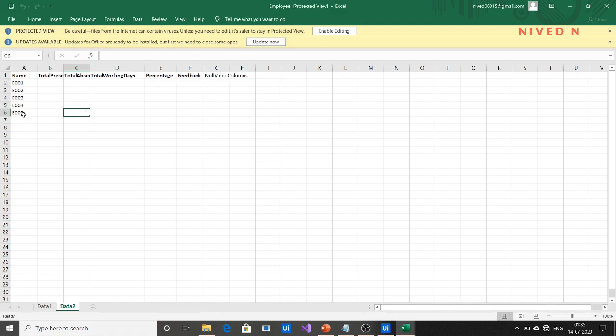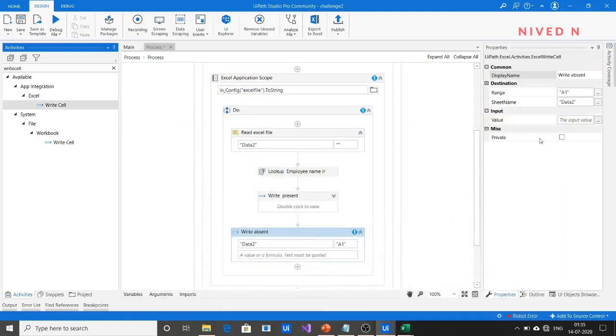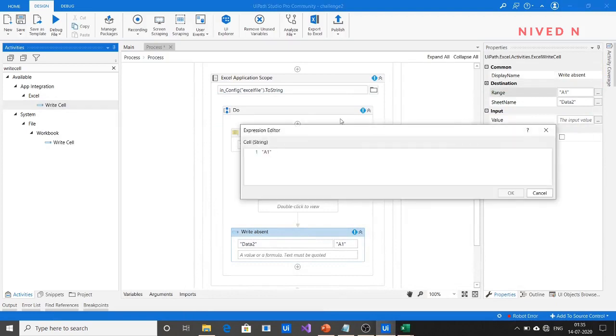Similarly, for E005, total absentees is written in C6. So we have to represent it in a generalized format, similar to what we have done above in the case of present. Since column name C remains the same and only the row index is changing, specify the row index plus 2 here.